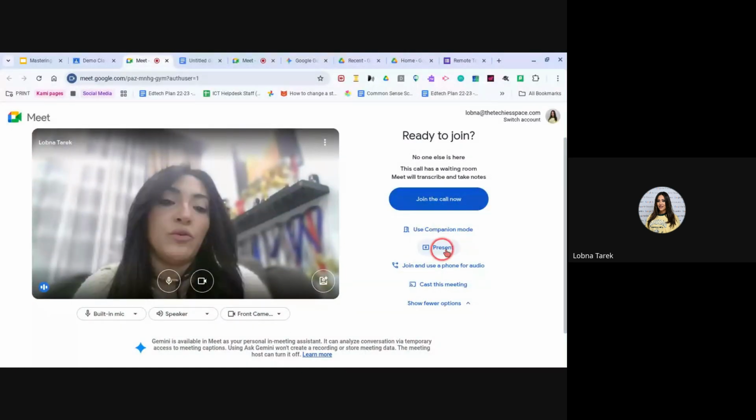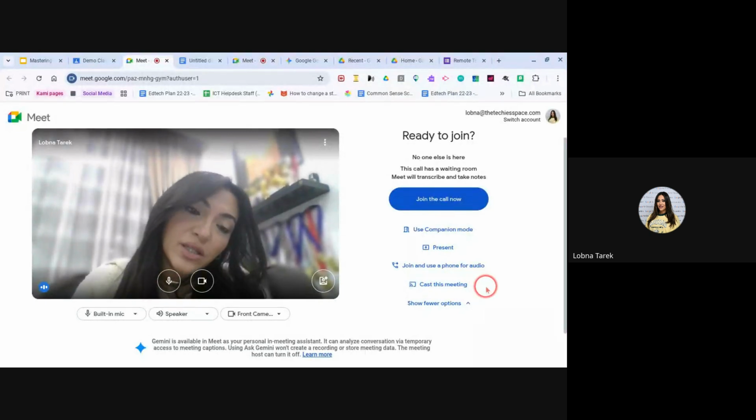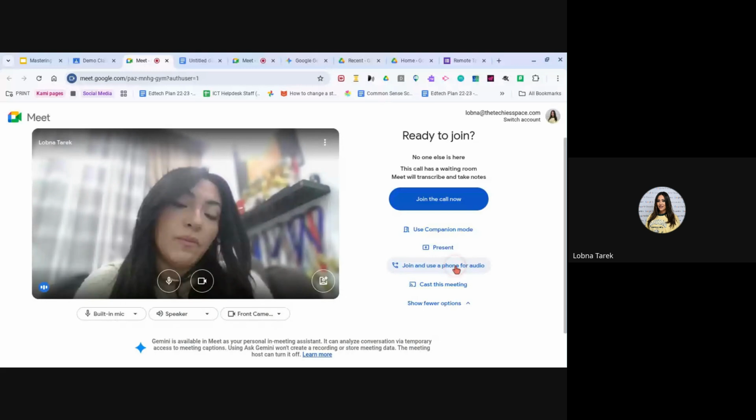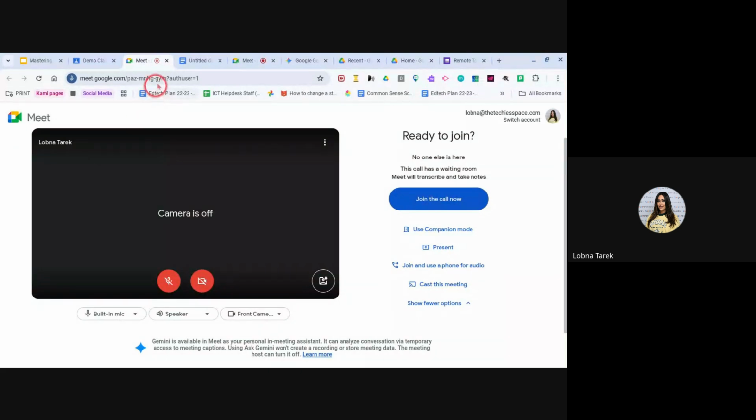So you have here the present option, which enables you to present your screen right away without having to join the call. You can cast the meeting if you're somewhere. I don't think that we need this option during the online meeting. Sometimes I use this if I would like to join a Meet call using my phone, for example. So it is an option that you might want to know. So these are all about generating a Meet